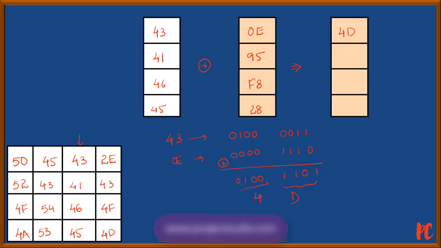Again, for the next time, I am going to take the second element of this XOR with this element, which would lead to D4. Similarly, taking the element of this part and making an XOR with this part would lead to BE. Similarly, taking the element of this and making an XOR with this would lead to 60. As said earlier, this will be the third column of the subkey now. Again, for the next time, I am going to take the fourth column and perform the XOR operation with this part.